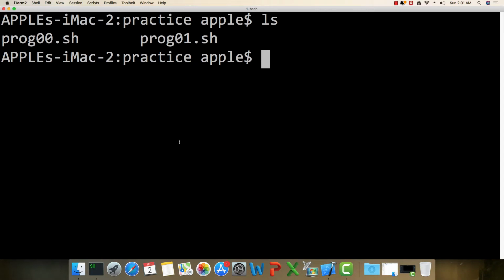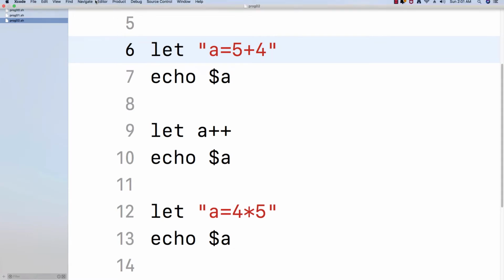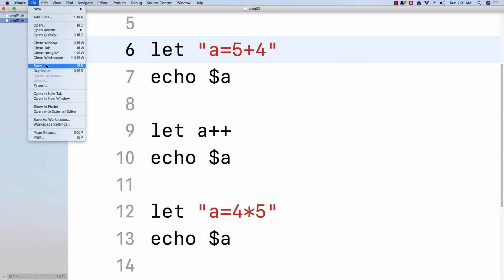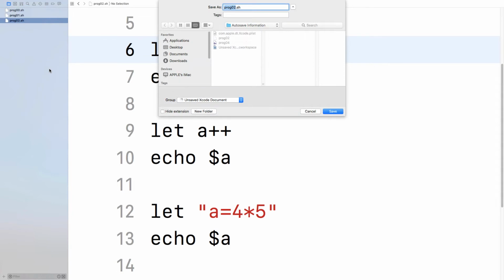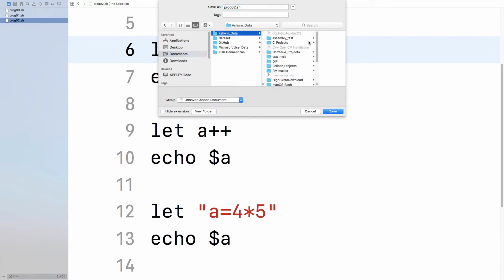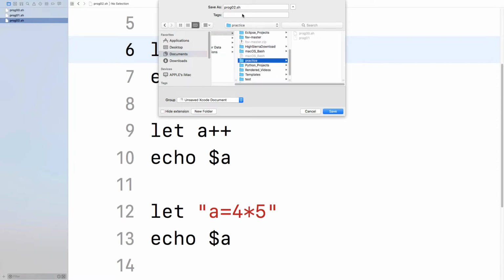Oops, I don't think that I have saved that file in the right location, so let me save it as the right file. I will have to go to documents, ashwin data. Here we have the practice directory, and here I'm going to save it as proc2.sh.